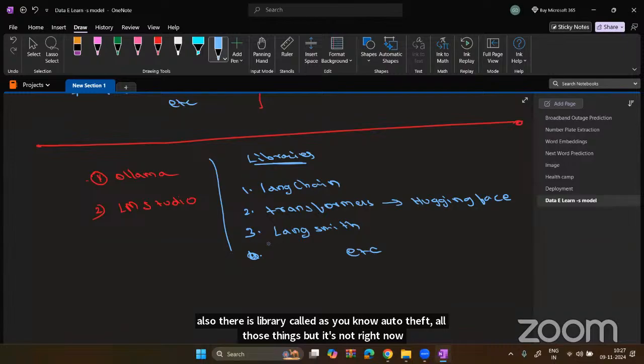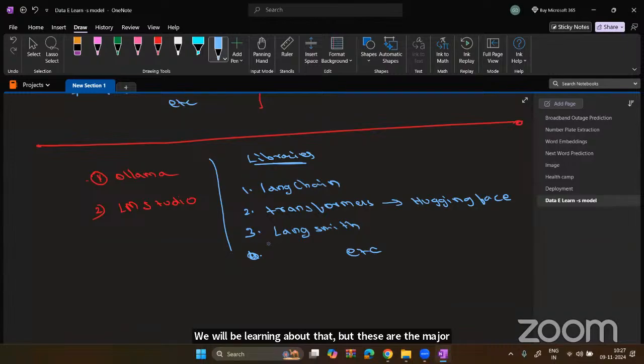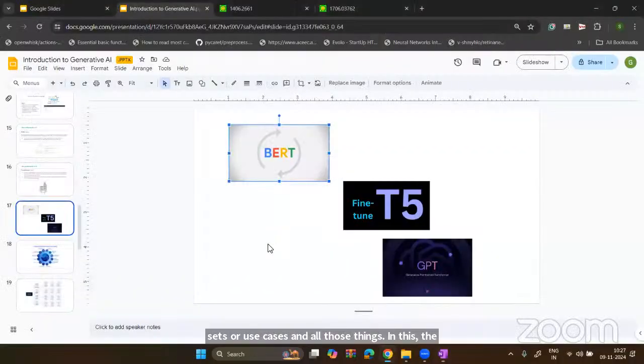Now, generally for traditional AI, where do you go to find datasets or use cases? Kaggle. Kaggle was the most famous website for finding datasets, use cases and all those things. For GenAI, the most famous website is Hugging Face itself. Hugging Face is a community group like Kaggle. So in Hugging Face, what happens is you'll be finding